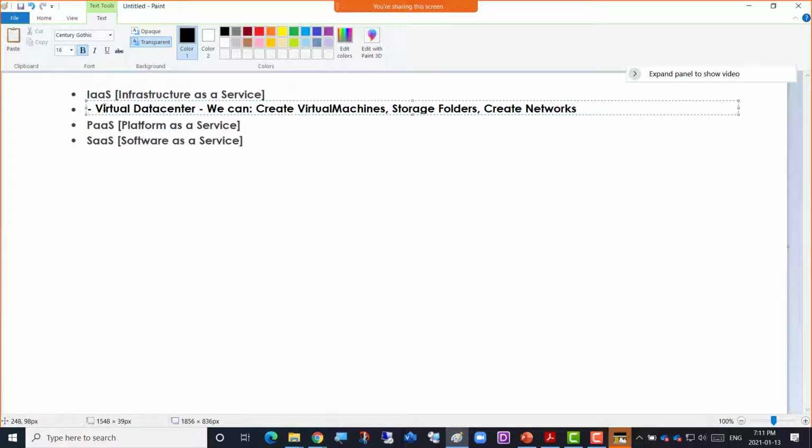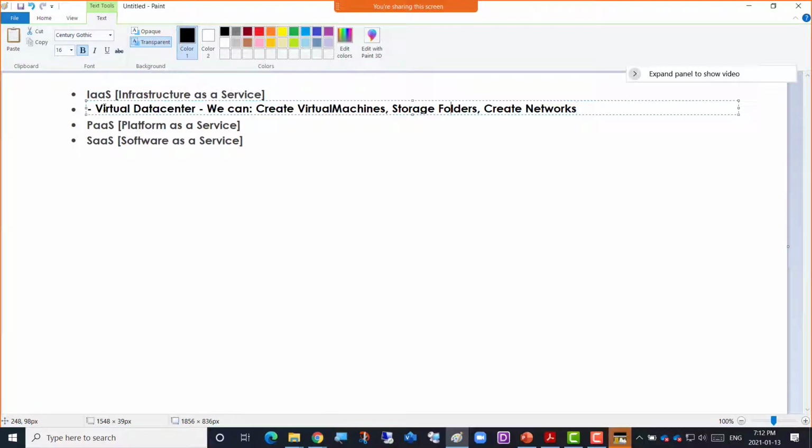So create networks. You can create a LAN inside your public cloud, just like you create in a company. Suppose you are in a small company and they have like 30 computers there, and they say, hey, can you connect them all together with Ethernet cable, with switches, right? And connect them to a branch router so they could connect to the outside world as well. So you can create your local networks in the cloud as well. This is the whole virtual data center at your service at your fingertips.